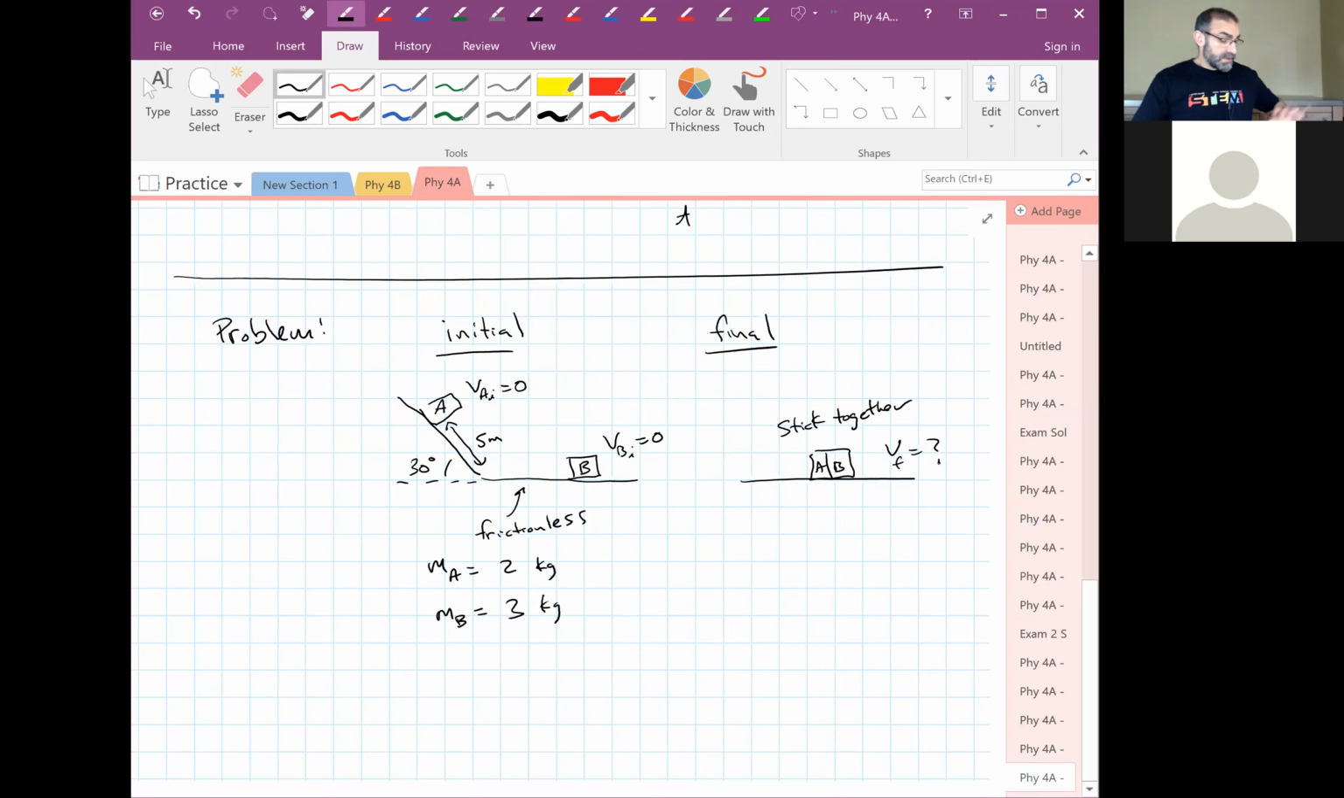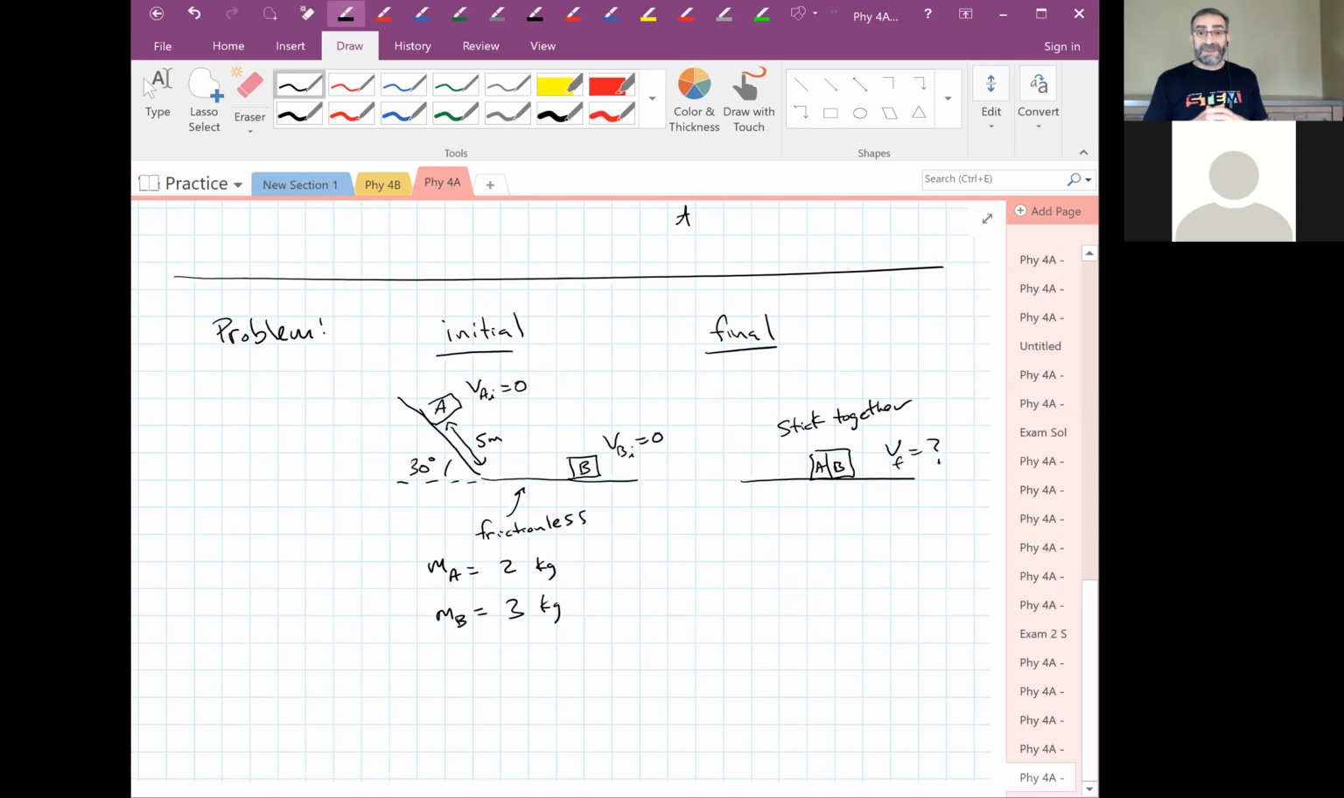So can we go, we're trying to figure out how to solve a problem, right? Let's think about what tools we have. One of the tools that we've used a lot is conservation of energy, right? Can we go from the beginning to the end using energy? No,